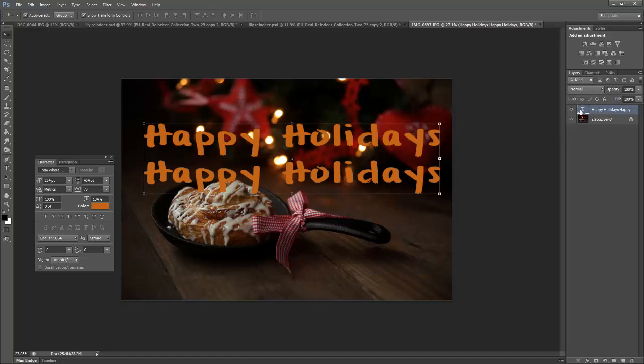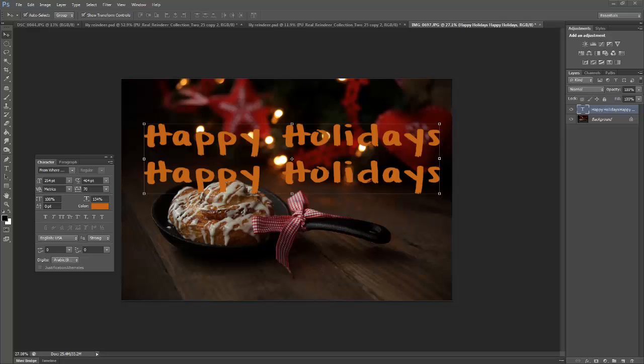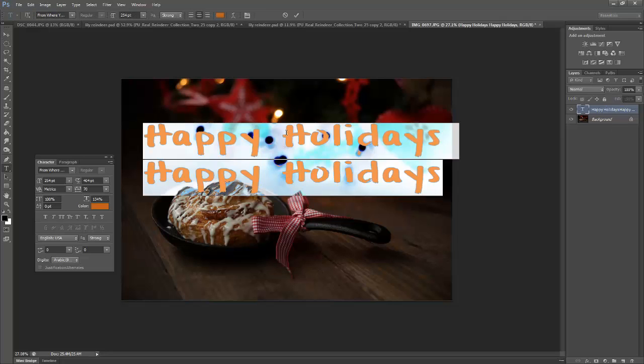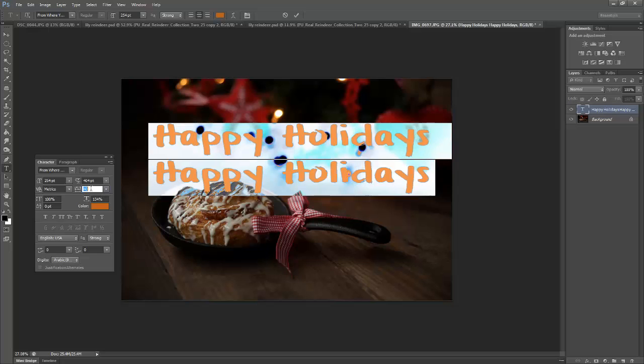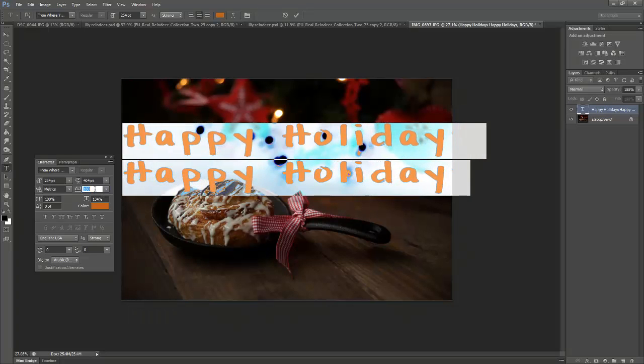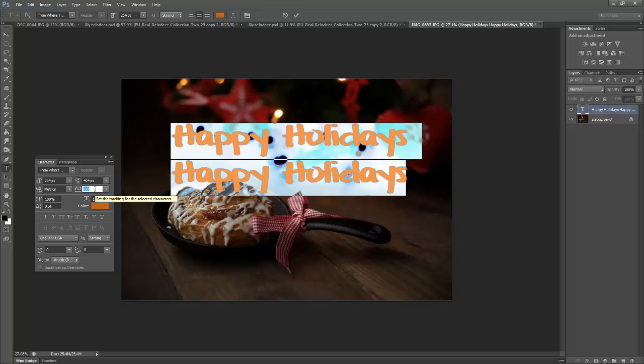Now, our next thing we want to talk about is tracking. Now, tracking controls the space between the letters of your font. So it would be the H, A, P, everything between that space. So let's go ahead and double click on our font again, just so we make sure it's highlighted. Now your tracking is going to be right here where it has that VA. You can have it set at 0, and that is the default that would come with the font, or you can just simply scroll up and it will add more space between it,